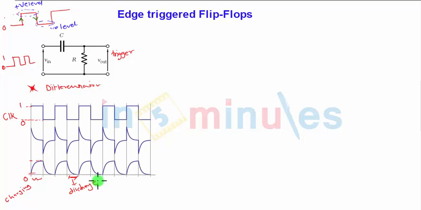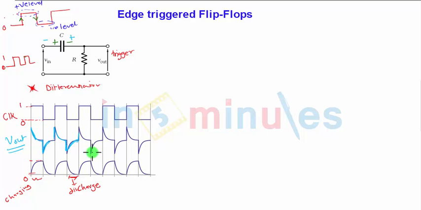Now due to this charging and discharging process, the V out is obtained here. As soon as it gets the positive edge, initially the voltage is positive, suddenly the voltage across the capacitor is changed. Suppose this is a positive cycle, so this plate is positive, this plate is negative. As soon as the positive passes, this plate becomes negative and this side becomes positive. The polarity is reversed, so there is a sudden change of charge, high current flow, through which these pulses are obtained. These are the positive edge and this is the negative edge. Again positive edge, negative edge. In such a way the V out is obtained here. So this is the differentiator.